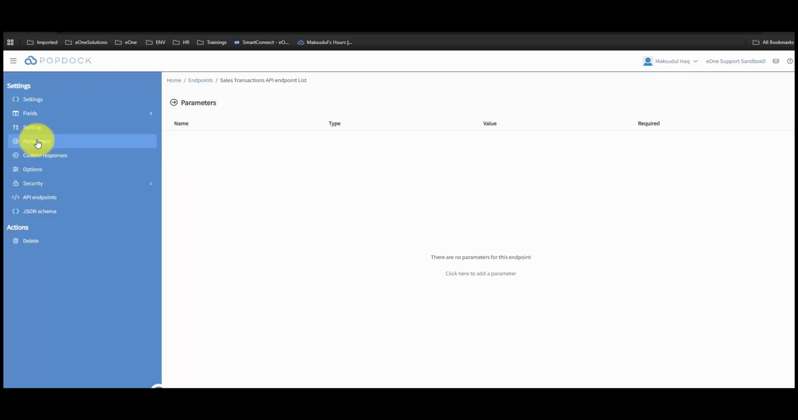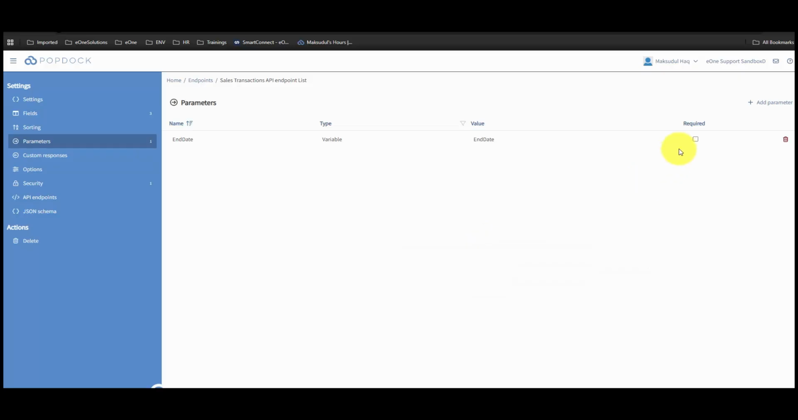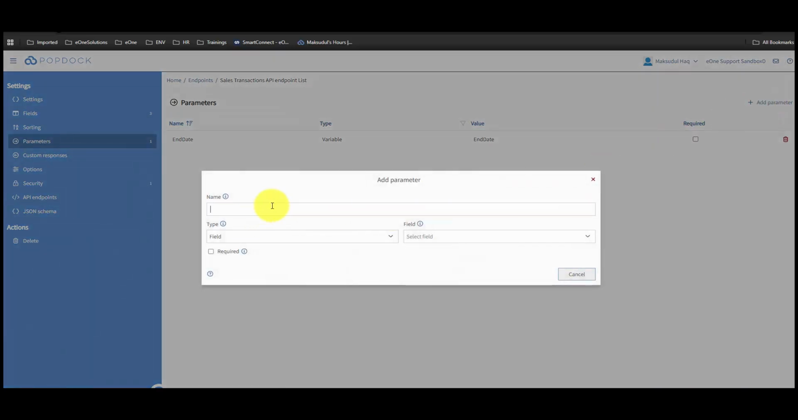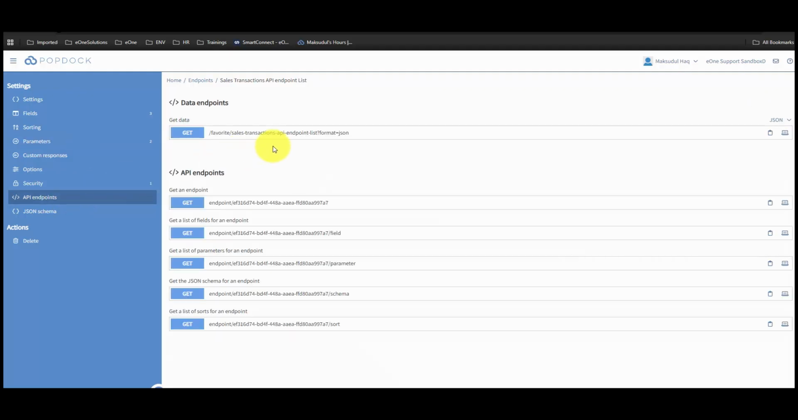Move on to parameter. Click on add parameter. Adding the parameter here, it's a variable. And then next add the second parameter, which is the start date variable. Start date, add the variable. At this stage, we are pretty much set. Let's move to the API endpoint and copy the endpoint URL. It's already selected JSON. I'm going to copy the clip